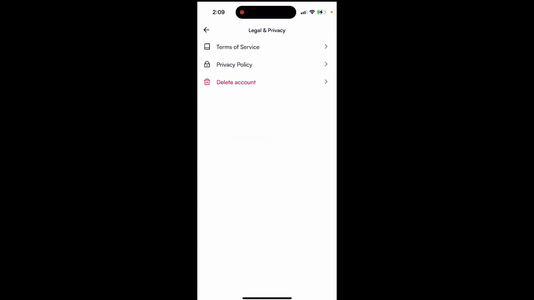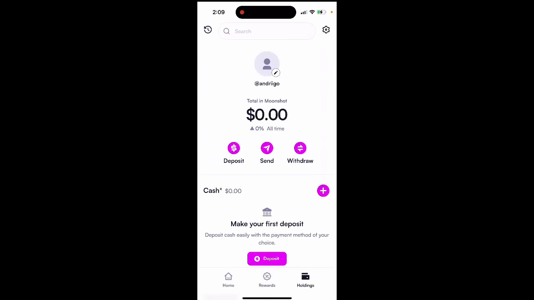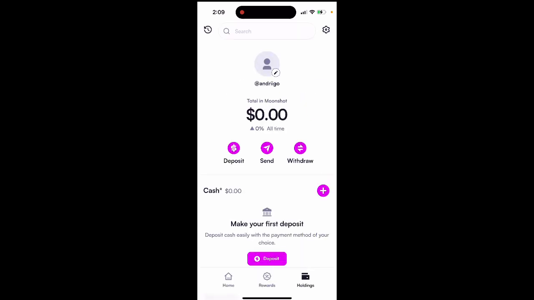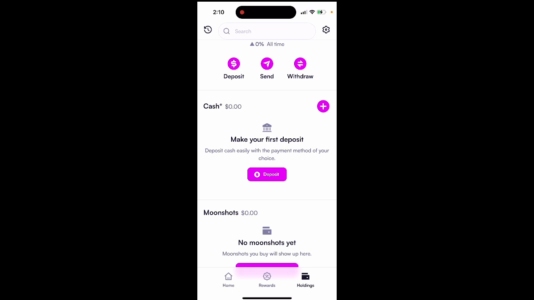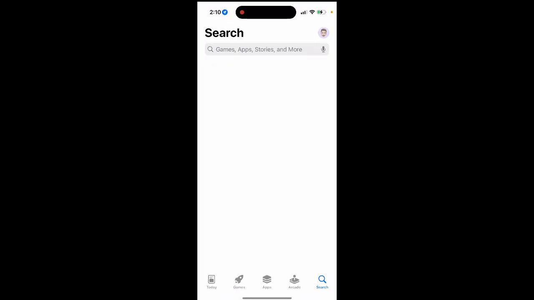Legal and privacy. All right, so here you can go and delete your account. So that's basically where it is. That's basically the idea here. You can see your activity in the top left, your history, and try it out. Again, I wouldn't trust this app so much,